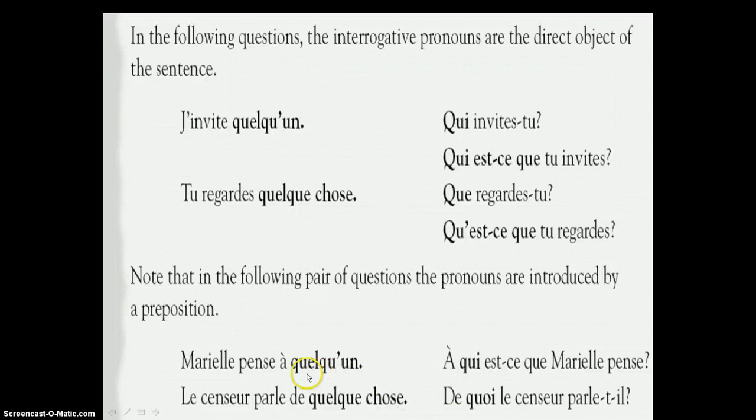Let's say it was je pense à, and it was something, it would be à quoi. But here it is somebody, so it's à qui, and here it is something, so it's quoi. This is only when it's introduced by a preposition. You notice once again this second part here, the que, is because it is an indirect object. So just remember that, please. So let's go to the next one.